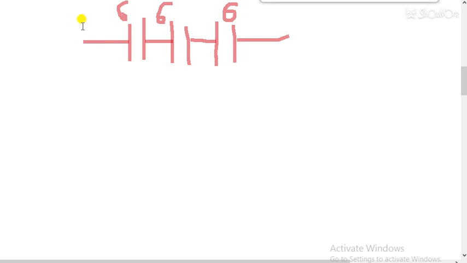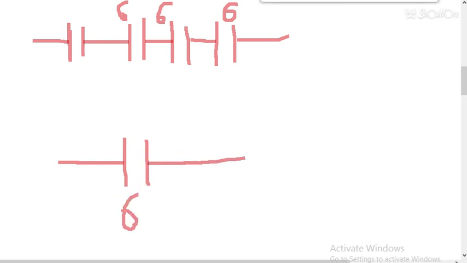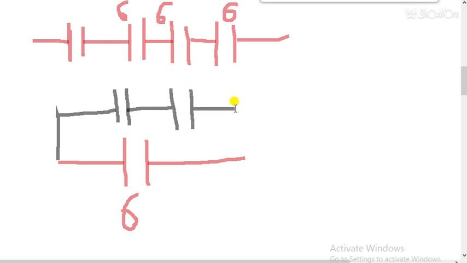Students, we are solving this question, and let's suppose first of all I have to connect value 6. So 6 I can get directly from here. I am doing this question live, so that's why some questions have problems. So 6 I have, now I have to get 3 value, 6 plus 3 is 9. So I could connect 2 capacitors here, and 2 capacitors will give me value 3. So this is the 6, and these 2 capacitors will give me the value 3. So 6 plus 3 is 9.